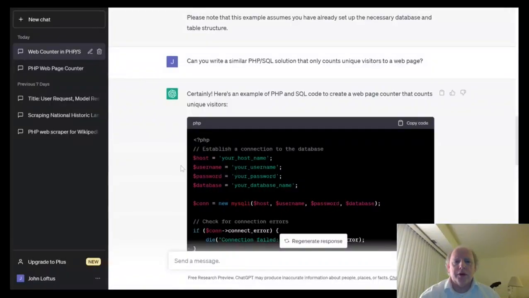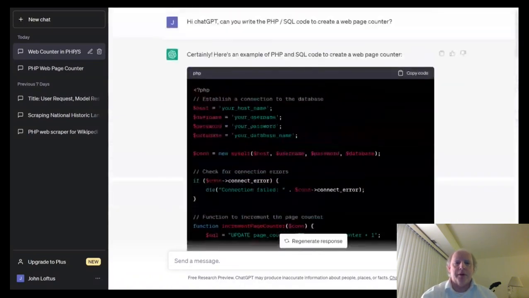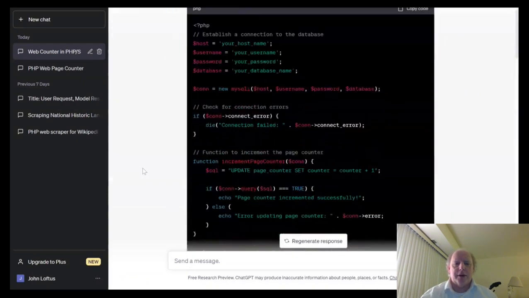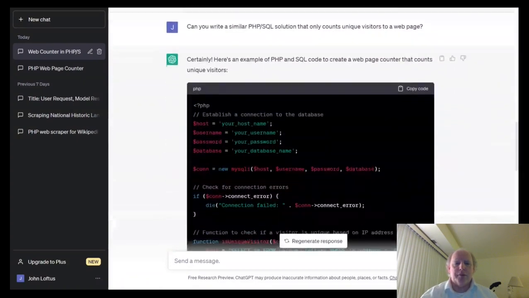So let me show you. I had already done some of this. I'll first show you the conversation I had with ChatGPT. I think it's this one? Yes. Previously I'd asked it, can you write the PHP SQL code to create a web page counter? It went and did it, and that was fine. I managed to implement that. And then I asked it part two,